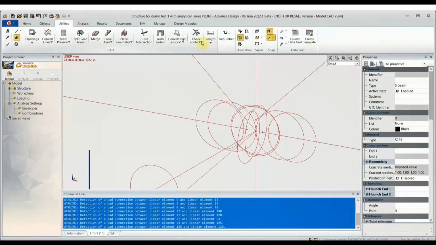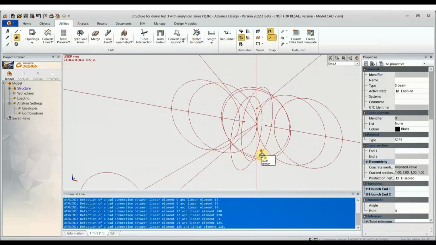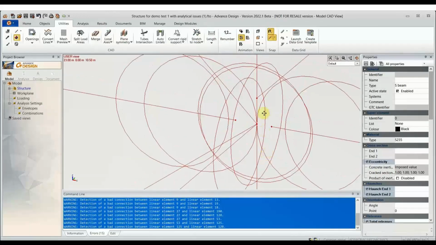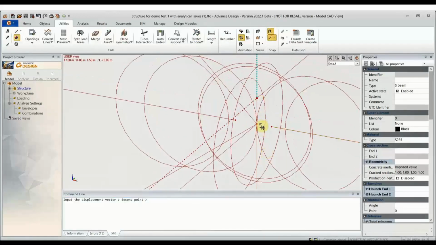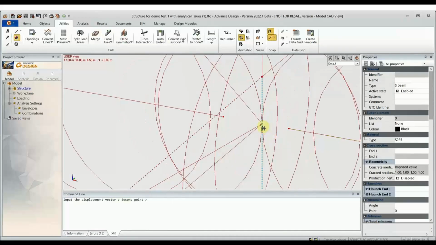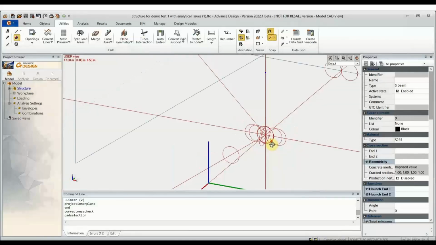Okay, so it's almost as if sometimes in modeling, some of the models have a mind of their own. You think they've been modeled perfectly by, say, a detailer or an architect or another engineer. You won't notice it until you actually pay very close attention to the errors. Okay, so we are simply